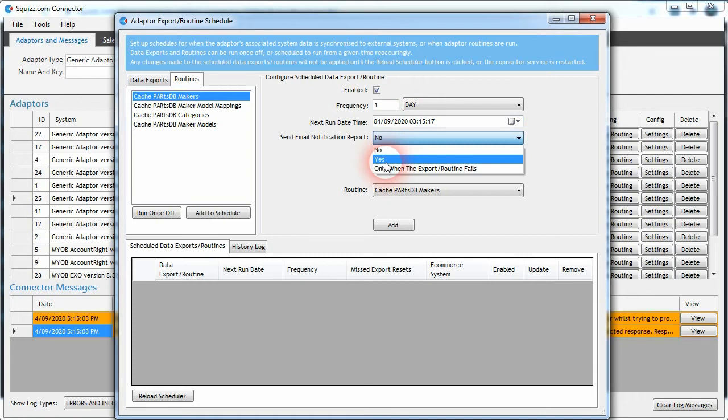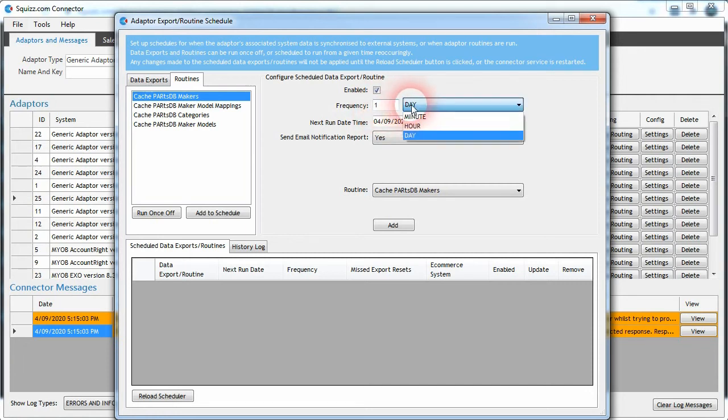If you want to receive a report on if these are successfully run, then you'll click the yes, or only if it fails, you've got that option as well. You can choose how often it runs. So by default, this is going to set to run once a day. That should be sufficient. But if you think that's overkill, you might choose to run it once every 7 days,